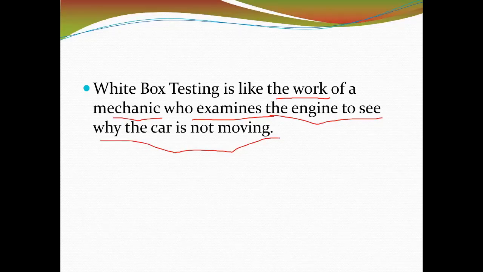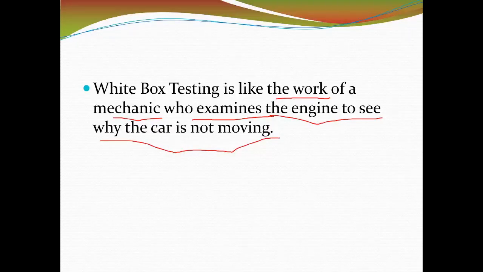Mostly this white box testing is carried out by developers or programmers, who know properly why and can check why the code is not working, why that logic is not working, where to make the changes and how to make it work. All this knowledge the programmer, the software developer, will have.